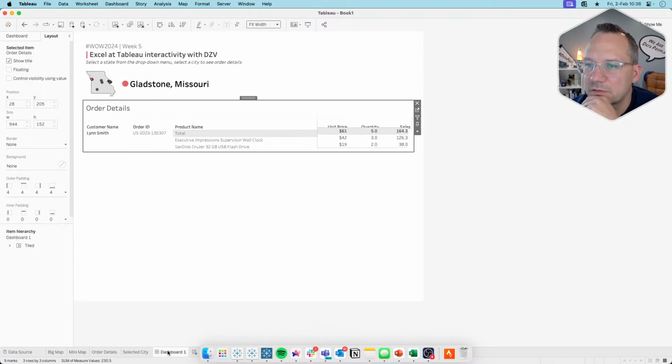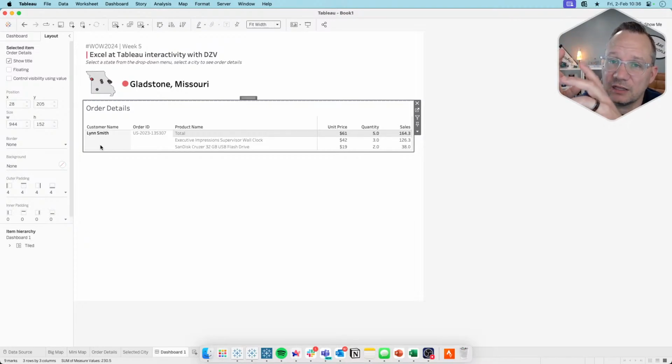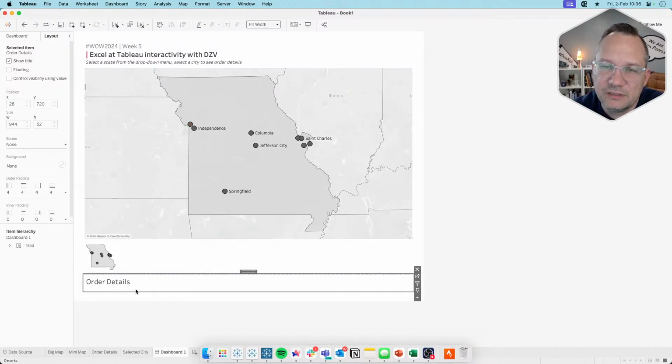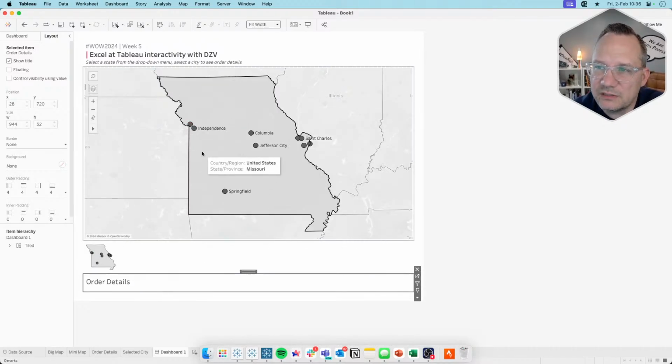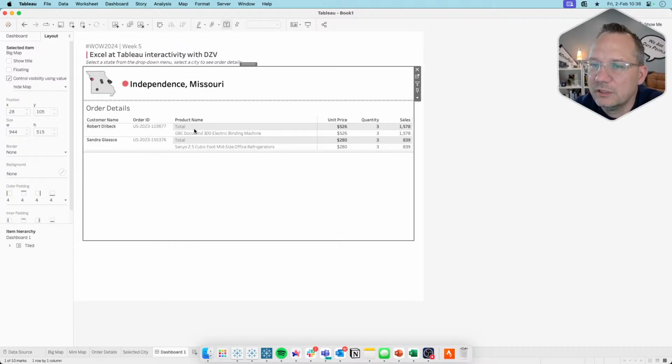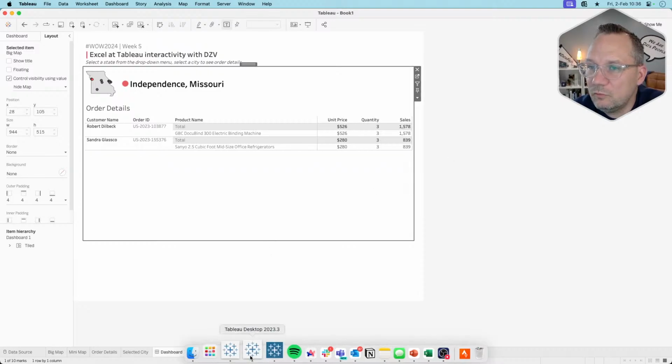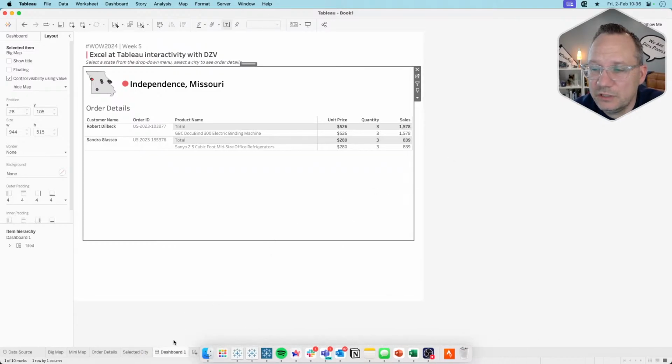Okay, so let's go back to the dashboard. There we go. Now the reason why is currently, even though we can't see it, Gladstone, Missouri still has that highlight on it. It's still activated. That's still the mark that's activated on that sheet, even though we can't see it. This is why dynamic zone visibility is pretty cool. But as soon as I select this, even if it were by accident, this is when that kind of goes away, right? And that's not necessarily what we want. So we'll go back to Independence. There's that, right? So what we need to do is we need to have